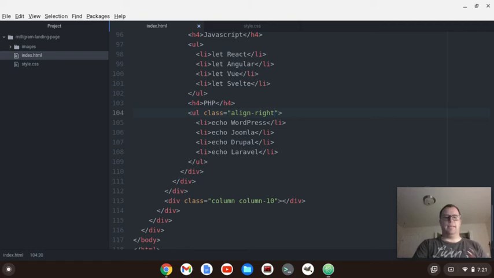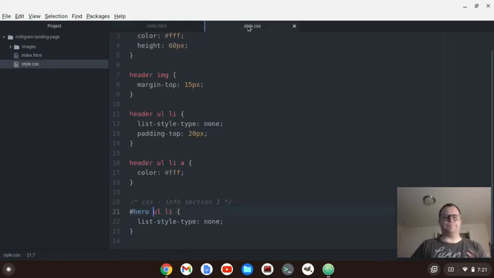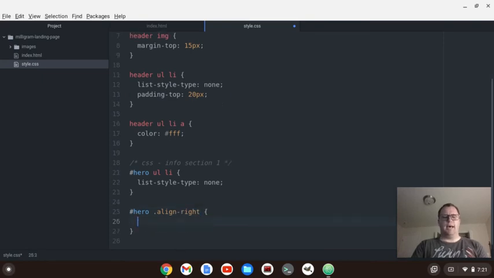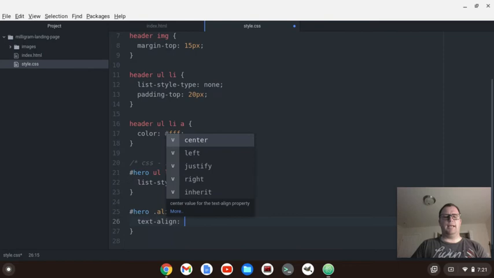Okay, and we'll save that and go over here, and we'll do hero.align right, or we could probably just do align right, and we'll do text align, and we'll go right. Okay,